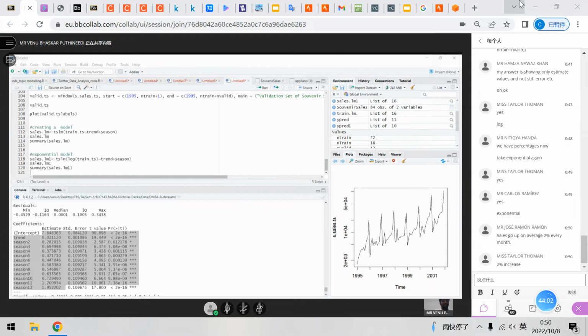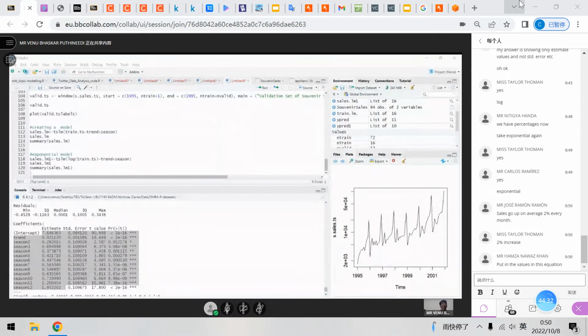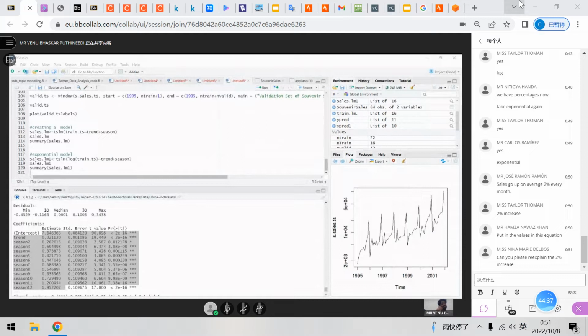And to the third question. Use this model to forecast the sales of February 2002. Who is going to come up with the answer? How do we forecast the value for February 2002, not 2001? Okay, let me rephrase the question. Put the values in the equation, right? Hamza, you're right, but